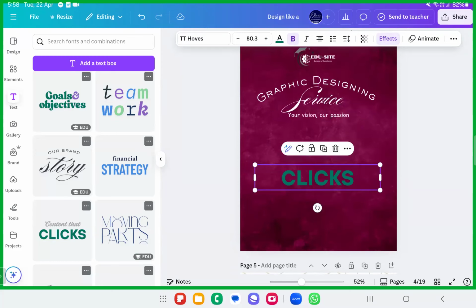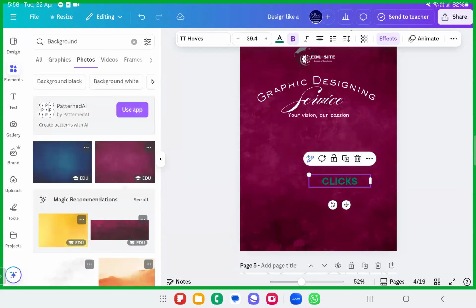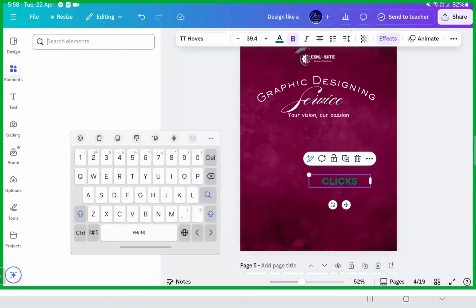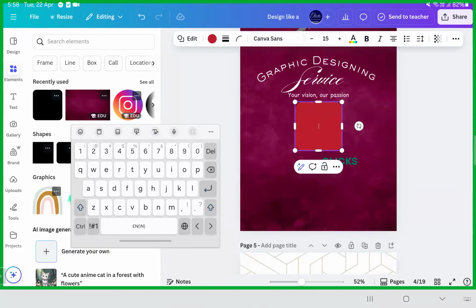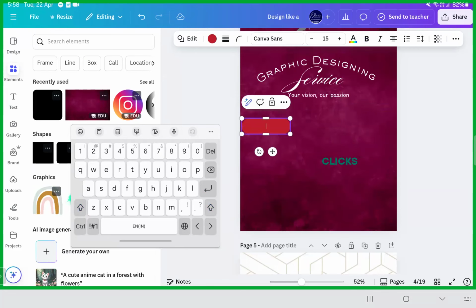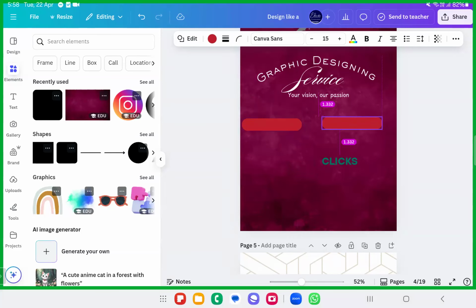Now we can write what you are going to provide service about. Go to the elements, take it. So within seconds you can create these flyers, dear sisters and brothers. I'll take a label. Make sure this label is smaller. In this label I'll write what services I'm going to give, and the next label I'll write why you should choose us, and on the next label you write your phone number or something like that.